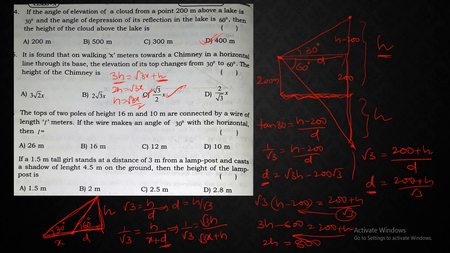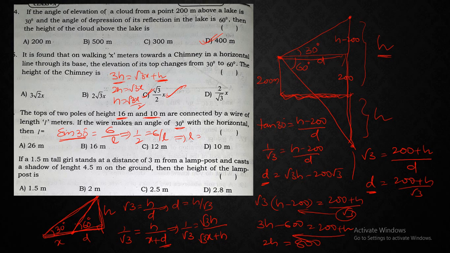Next, moving on to one more question. The tops of two poles of heights 16 meters and 10 meters are connected by a wire of length L meters. If the wire makes an angle of 30 degrees with the horizontal, then L is equal to, so here you can directly apply sin theta. So sin 30 is equal to opposite, which means the difference of these two, which is nothing but 6 by the length of the wire L. So sin 30 is nothing but 1 by 2, so 1 by 2 is equal to 6 by L,